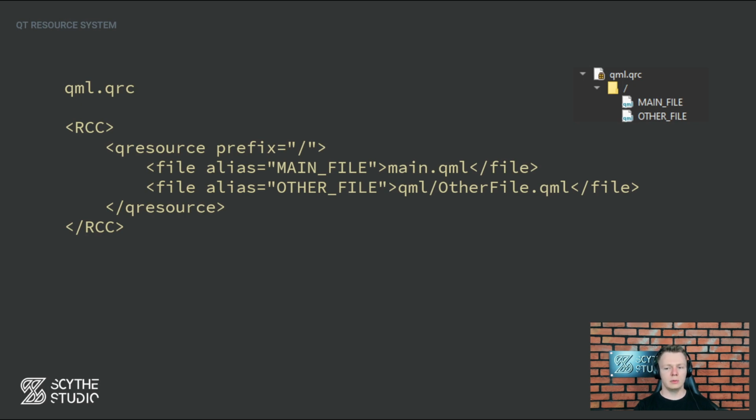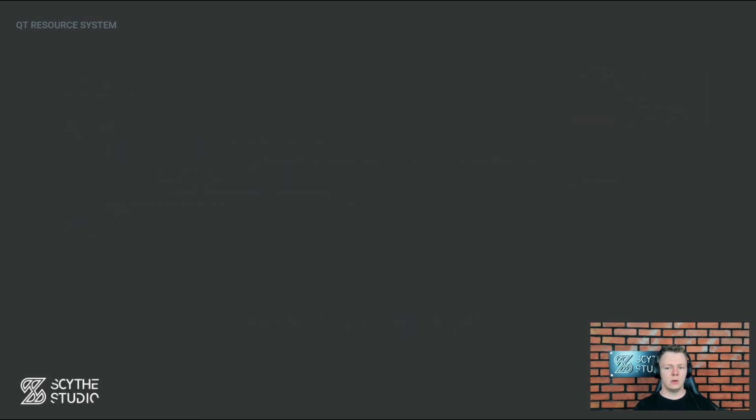And to be able to use QRC files in your project, in CMake, you have to set the variable option CMAKE_AUTORCC to ON. This method is still used quite often currently, so it's highly possible that you will encounter it. In Qt 6, however,